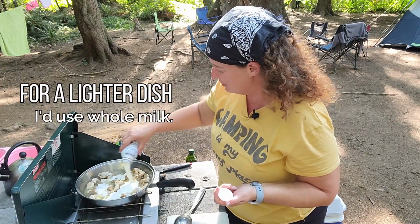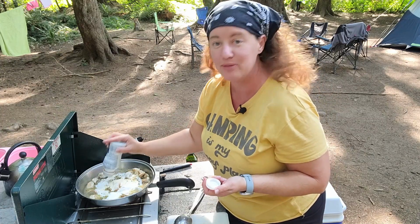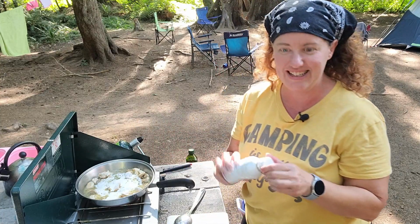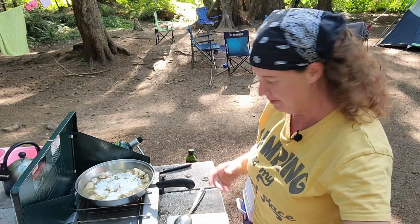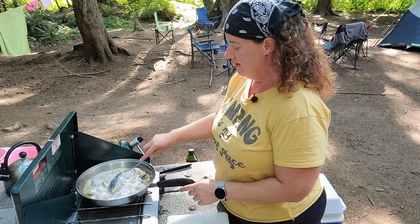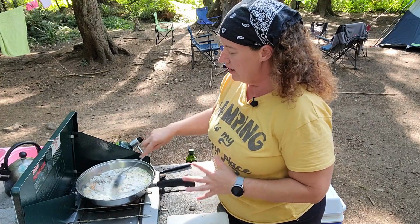Oh, this is really super thick. I'm gonna use this whole bottle apparently, because that's what it looks like it needs. This is gonna be a nice decadent dinner. We are at camp. We're gonna eat like queens. So I'm just kind of stirring the...